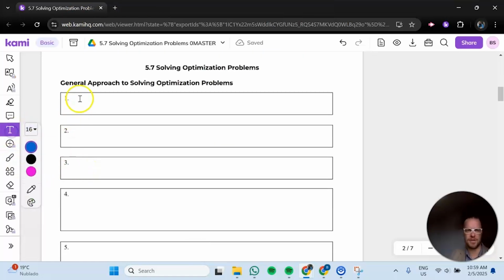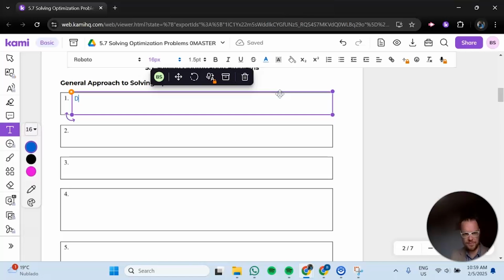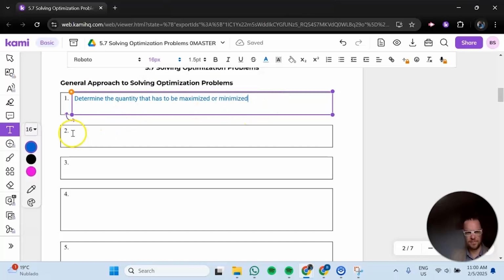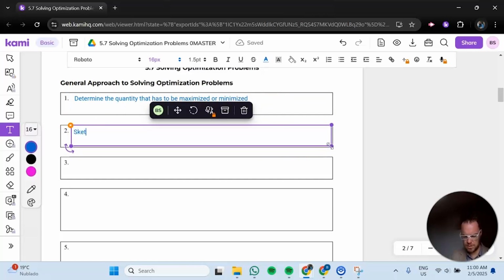We're going to start off with a few rules to help us know how to tackle these. The first one is to determine the quantity that has to be maximized or minimized. Our next one is that we want to sketch a picture or write let statements